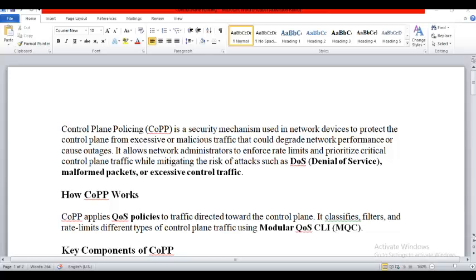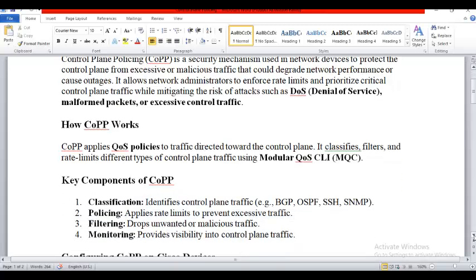Key components of control plane policy. First, you need to classify. That is class map. We match these protocols. Next is under the policy map, we do policing. We are applying the rate limit to prevent excessive traffic.